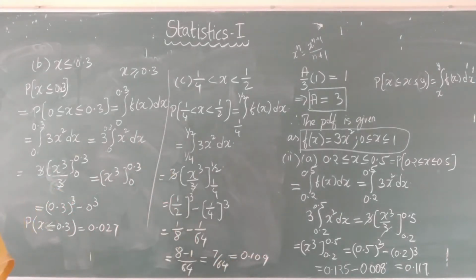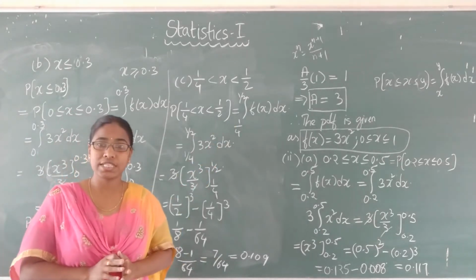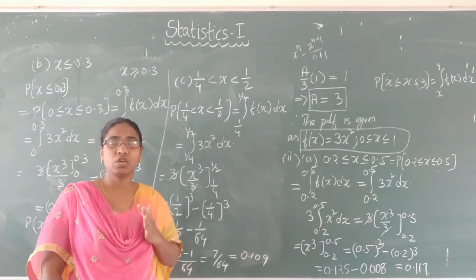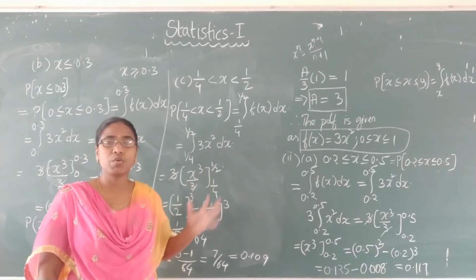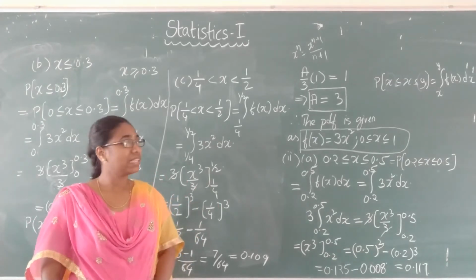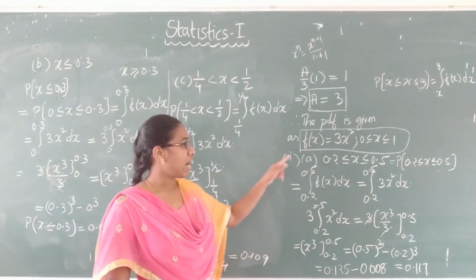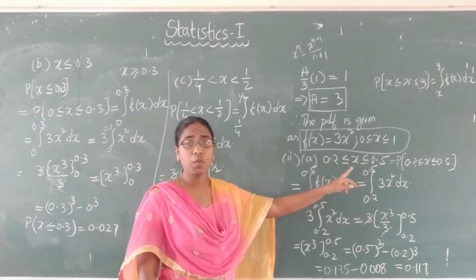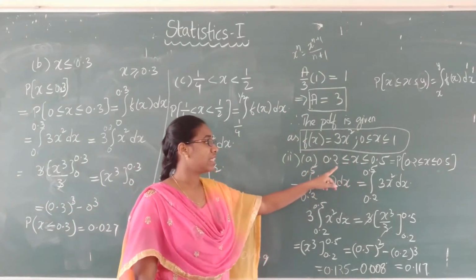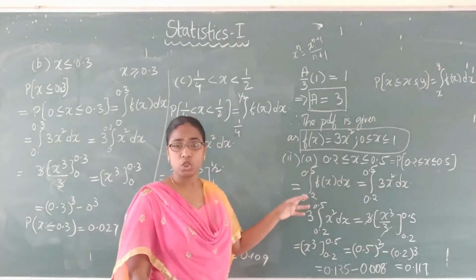In this way we are going to find the different probabilities. If you want to find the constant, how will we find the constant? By considering the definition of the PDF, that is, the total probability or the total area under the curve is equal to 1. So by considering that property, we will get the required constant value. If they ask to find any probability between two limits, you will be considering the probability between two limits as the integral value between those two limits.